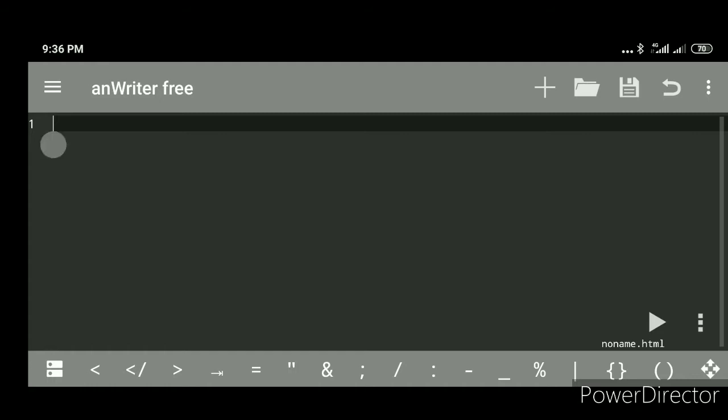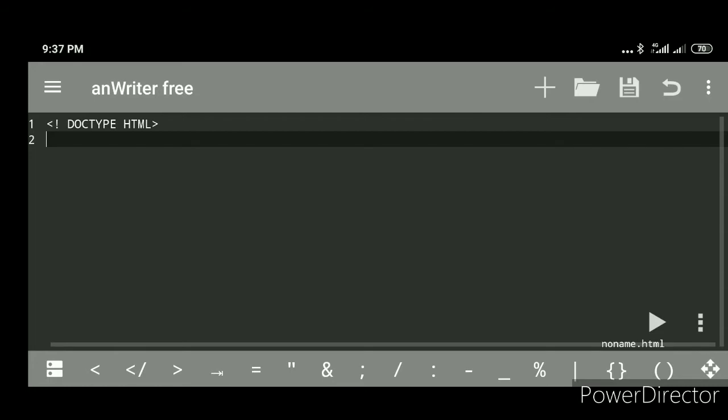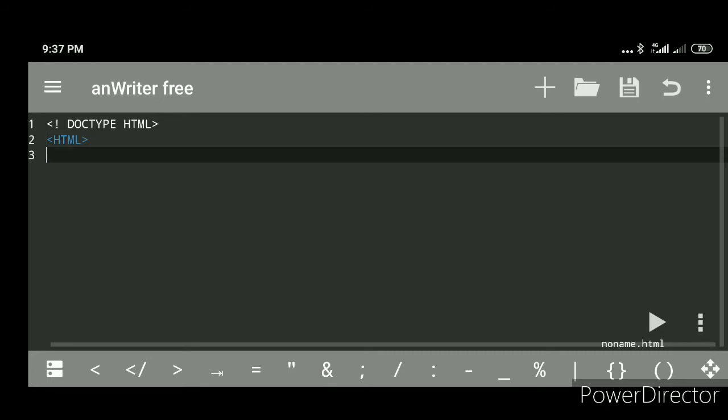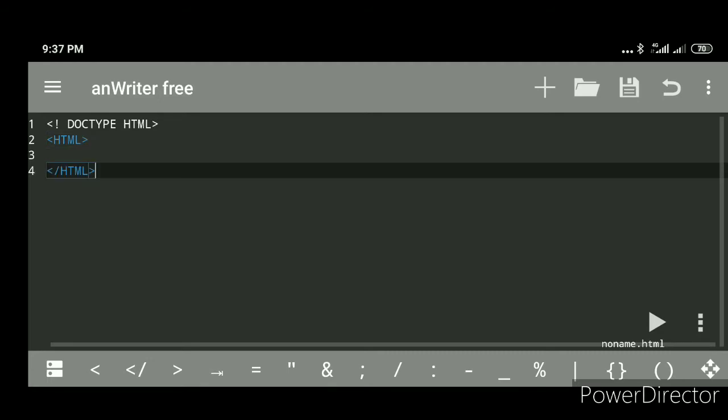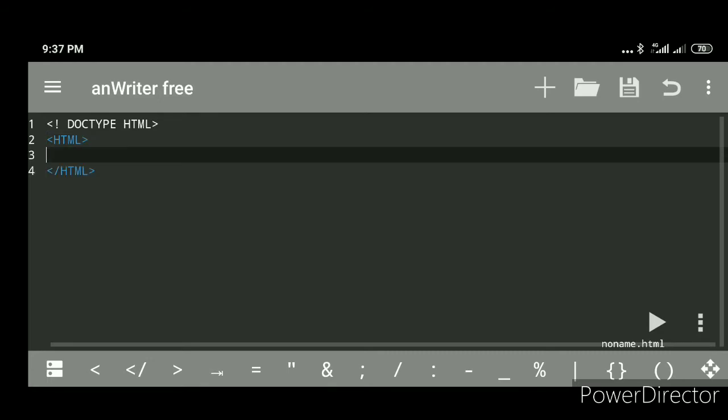So here is the start of the HTML code using exclamation mark DOCTYPE html, then the opening HTML tag. After the opening there should be a closing tag for HTML, so slash HTML is given here.